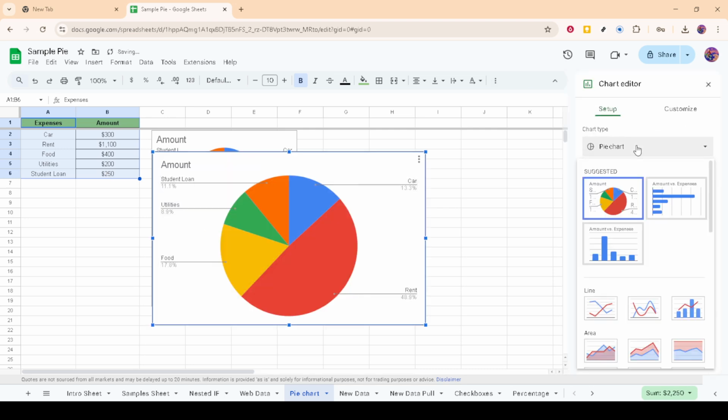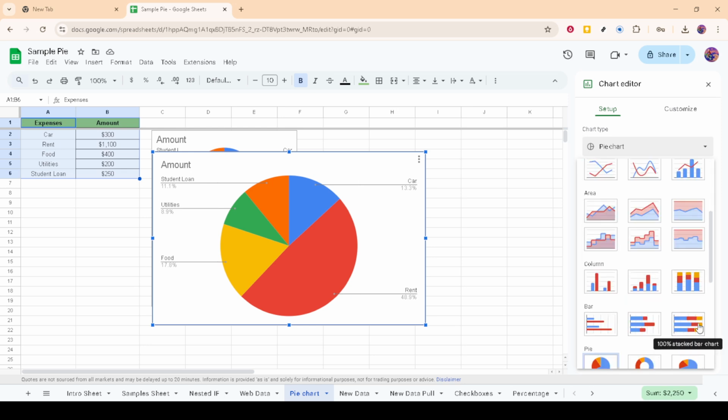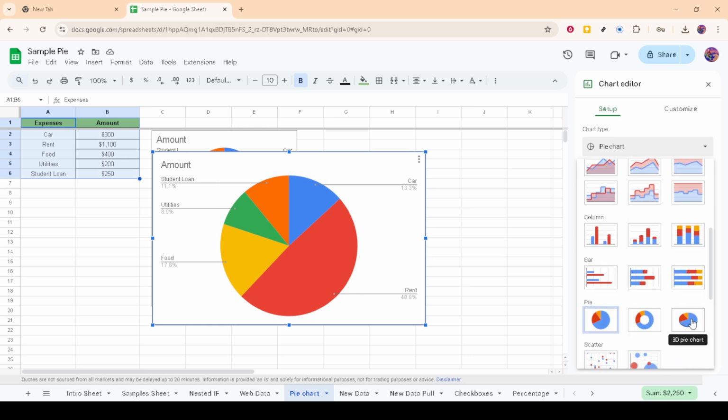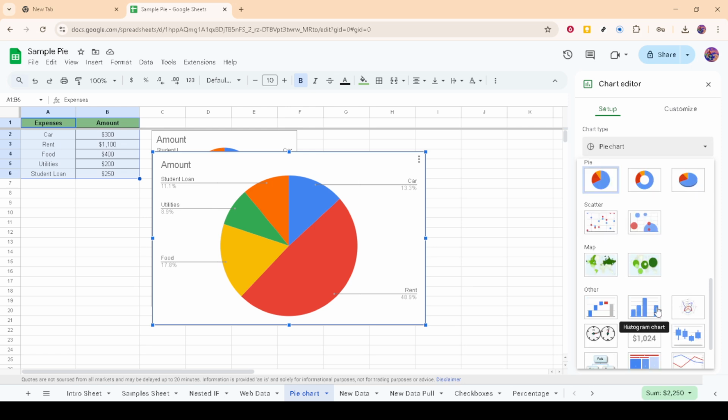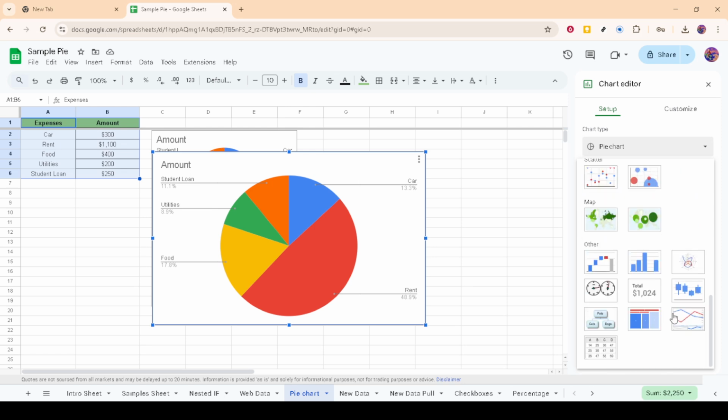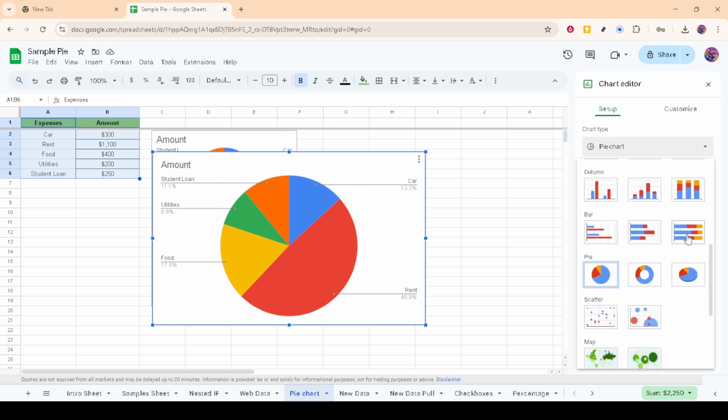After you've created the chart, it's time to choose the type of chart you would like to display. By default, Google Sheets might suggest a particular chart type based on the data structure. However, you have the freedom to change this. On the right-hand side of your screen, you'll notice a Chart Editor panel. Within this panel, under the Chart Type section, you can choose from various chart types such as bar, line, or pie charts, among others. Considering what best represents your data is key here. Different chart types can convey information in specific ways.